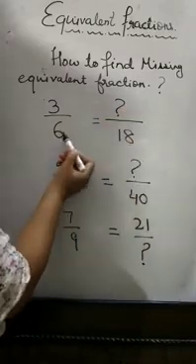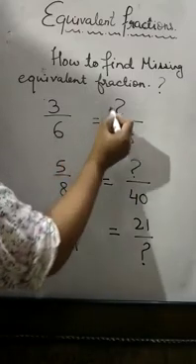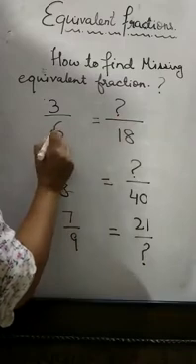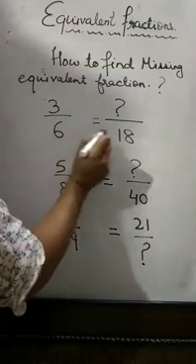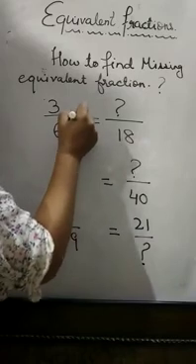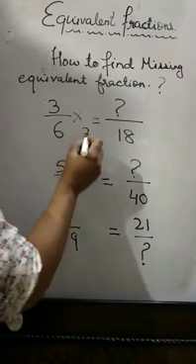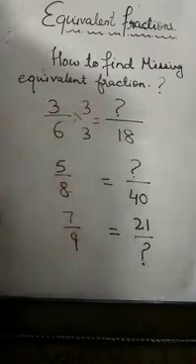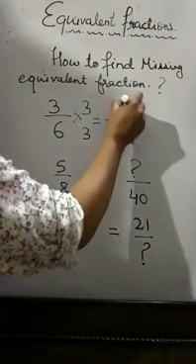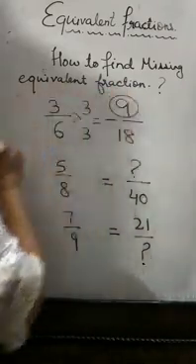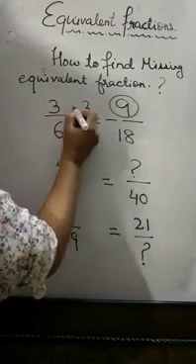Now I have a complete set of denominators in both the fractions, so I will use this to find my missing number. What I have to do? I have to read the table of this denominator 6. Where does 18 come? It comes when I multiply 6 with 3. So it means I have to multiply my numerator also with the same number 3, and I'll get my missing number. Now what is my missing number? My missing number was 9. So 6 3s are 18 and 3 3s are 9.